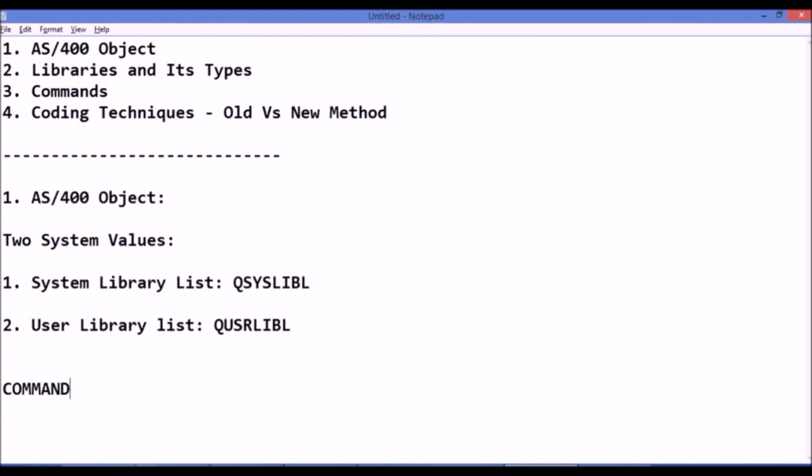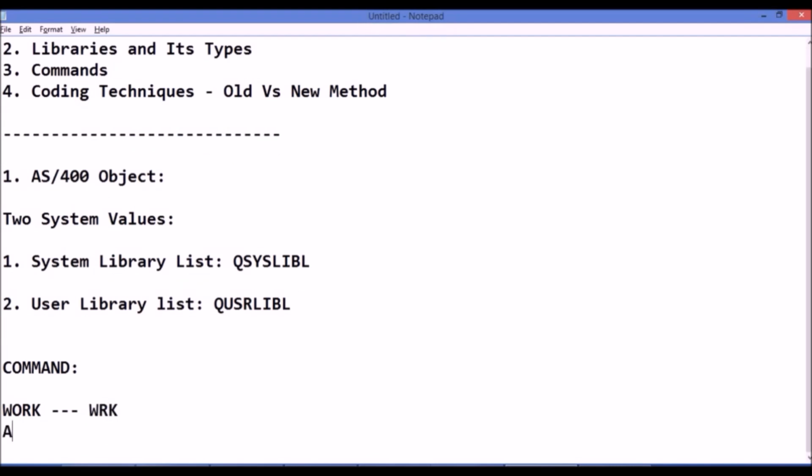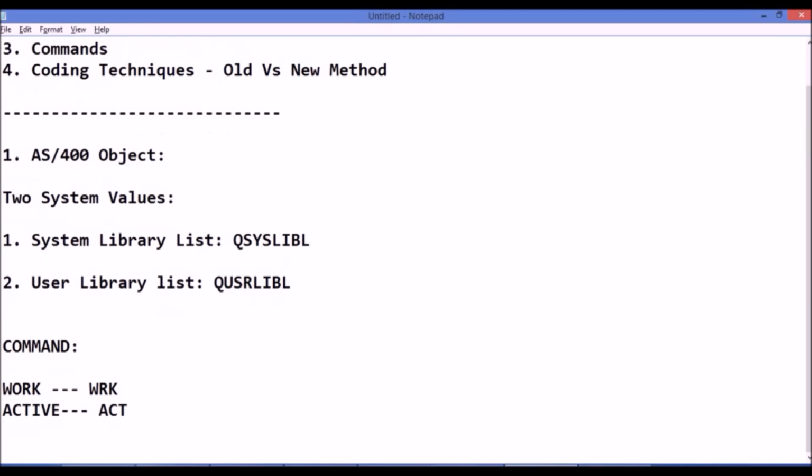So let's take an example. Let's say we have a verb called work, abbreviated to 3 letters WRK. Then we have a verb called active, abbreviated to 3-letter ACT. As you can see, both these two verbs have been abbreviated to 3-letter words.